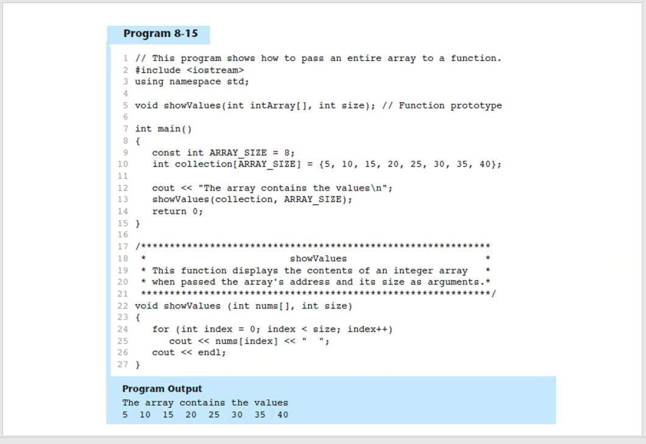So in this 8-15 example, it illustrates and shows you how the function showValues receives the address of an int array so it can be accessed and display all the contents of the elements itself, right? So it will of course display the output based on your initializers, right? So analyze it